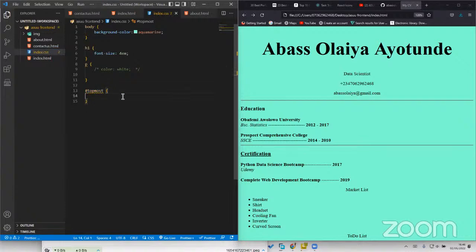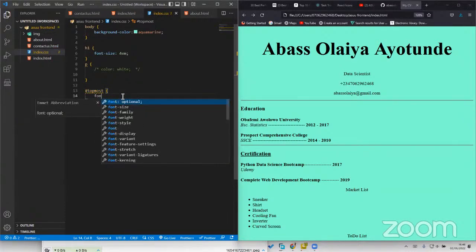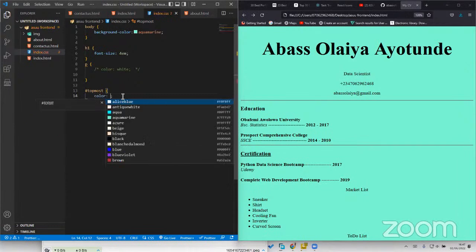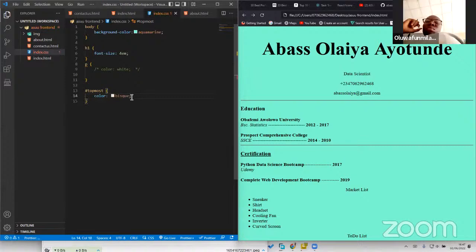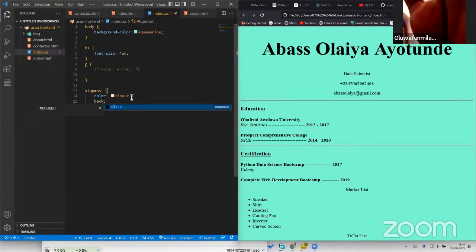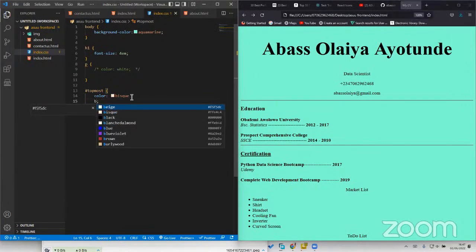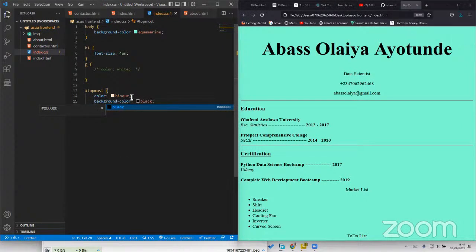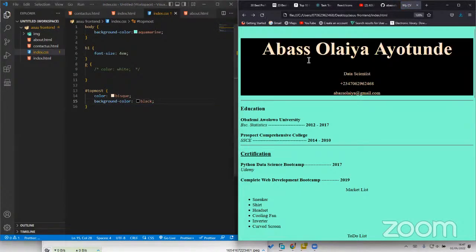So I have topmost there, then I have font color. No, color. Color equals, let's use white. Then we can say background color, sorry. And you have to end every line with a semicolon. So background color should be black. Don't mind the design I'm doing today. It's a very horrible design, but that's the best way I think I can use to explain. You can see it affected everything here